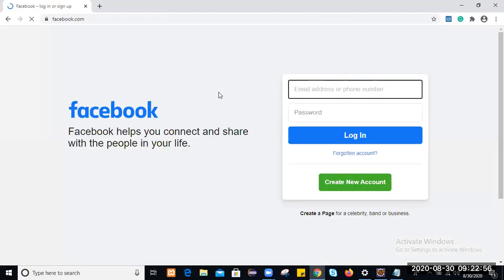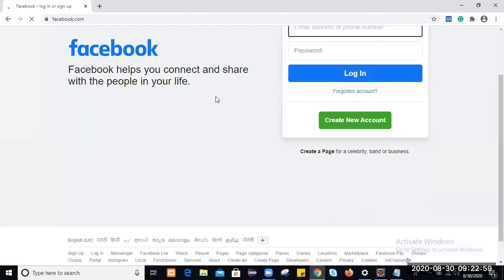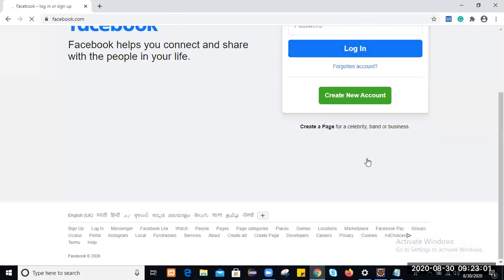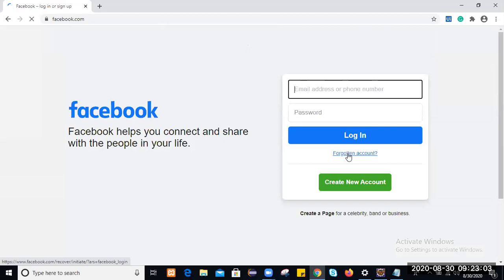The browser is quite slow here. Once you're on this page, you can click on forgot account. It will navigate to the next page, the forgot account page.